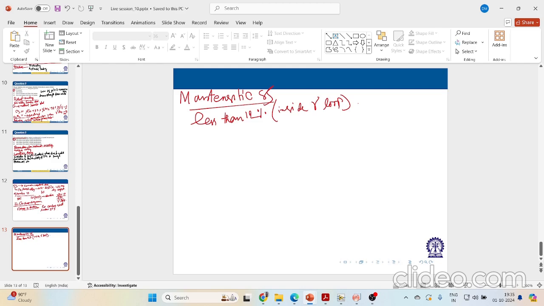Now these alloys solidify as delta ferrite and transform to austenite during cooling. So whenever you transform your delta ferrite structure to austenite,